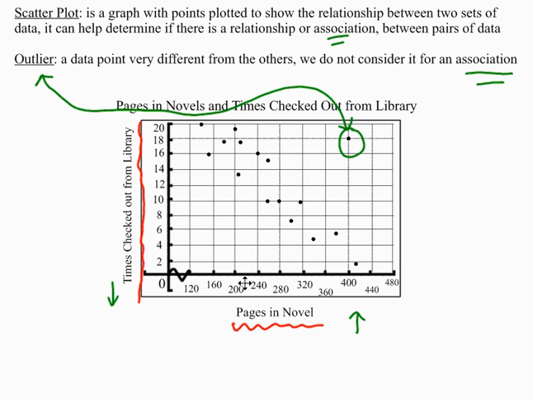We can look again here on that first one. We notice the pages in the novel jump by 40 each time, where the times it was checked out from the library only increased by 2. This helps us to condense the data and put it together so that we can see if there's any kind